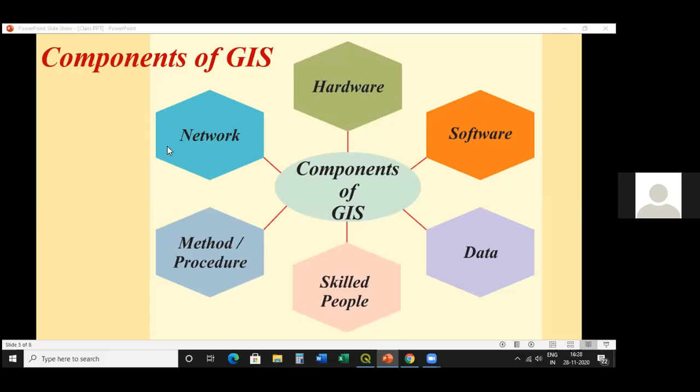Then finally the network comes into view. Network means something like the internet we use, right? It can be a LAN network, or it can be a WAN network. When we want to collaborate with other people who are living in other places, then we use a network, right? So these are all the basic components of GIS. Without any one of these, we cannot perform GIS work,